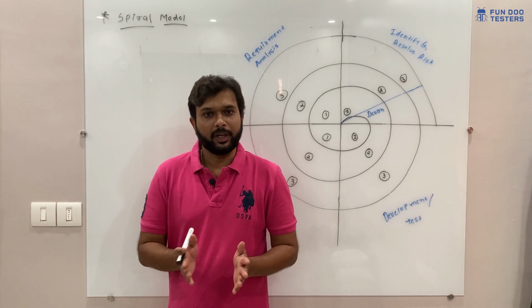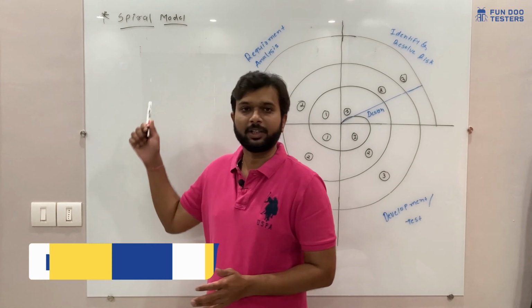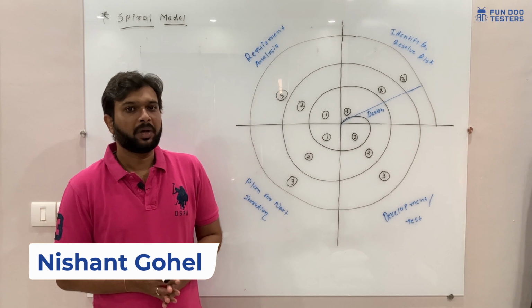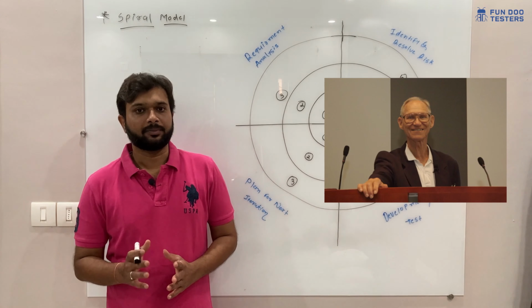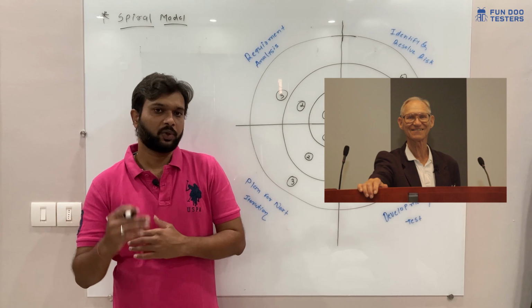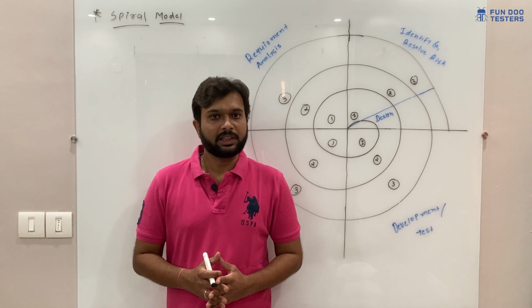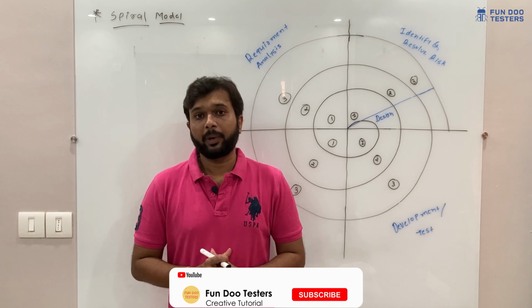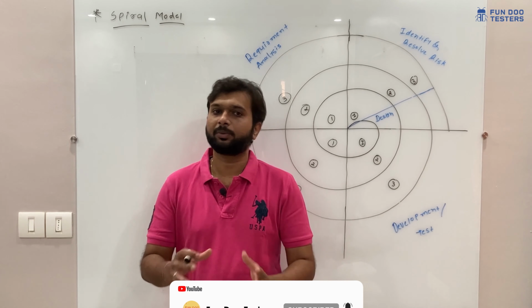Hello. Today we are going to discuss the spiral model. You can see a spiral model, and this is how it looks. There was a guy called Barry Boehm. Barry Boehm developed this model in 1986. This model is to overcome a few disadvantages of the waterfall model. Whenever he developed the model, he gave it the name spiral model of software development and enhancement. So we will learn after a small intro.